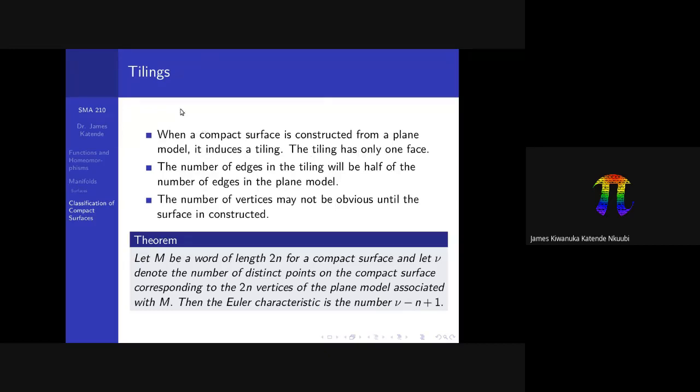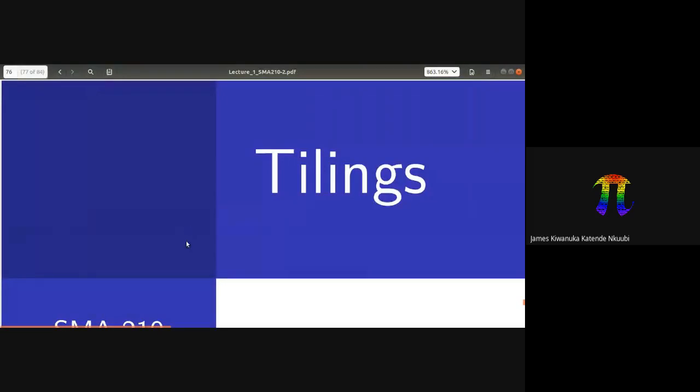If you check this, the face will just be the part that you can see on the plane model. It will only be one. The number of edges in the tiling will be half of the number of edges in the plane model. This is because when you construct the compact surface, usually you will